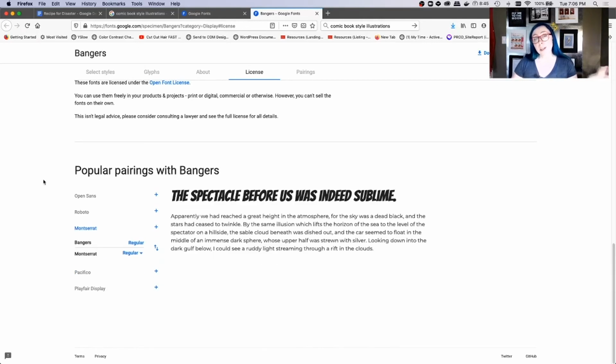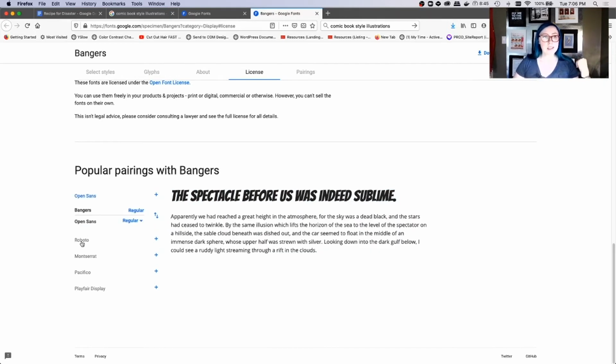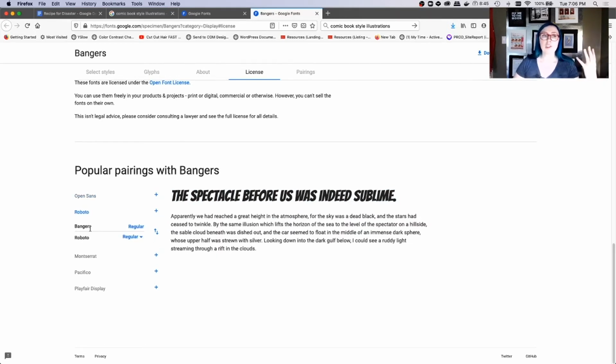The commonality between them is they're all using sans serif typefaces. And now I want to take a closer look and examine which one goes the best with Bangers. So Montserrat, I'm going to rule out because the character width of this typeface is really wide. It feels really extended in comparison with Bangers. So it's feeling very funky, whereas Open Sans and Roboto feel a little bit more natural.